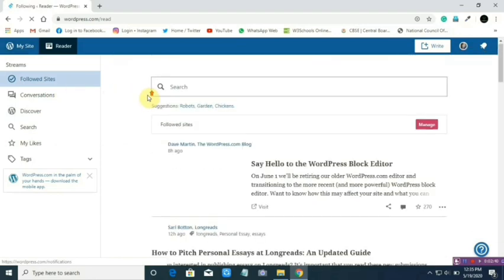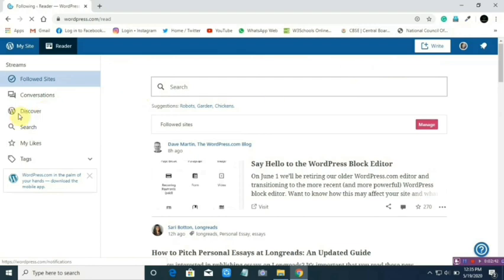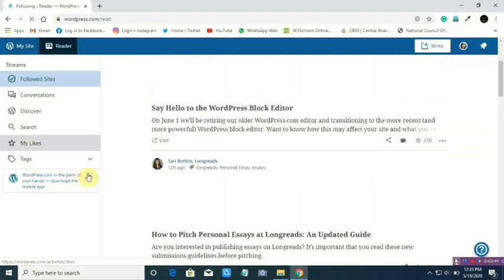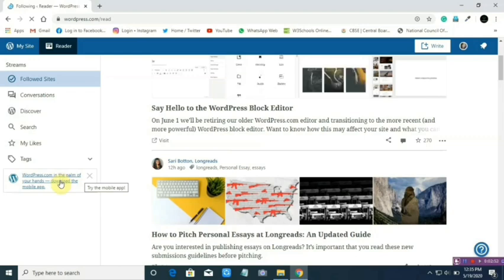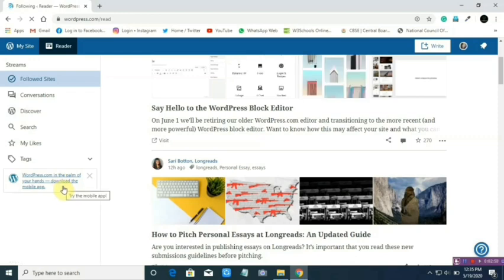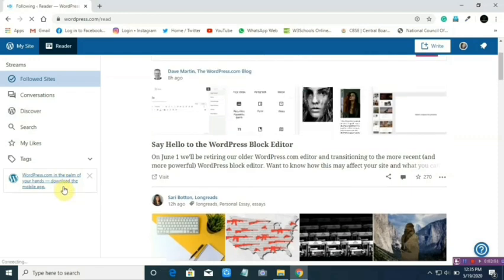As this is an incomplete profile, it is showing WordPress.com in the palm of your hand. That means you can download the application as well, to get daily updates and daily posts from your followers.